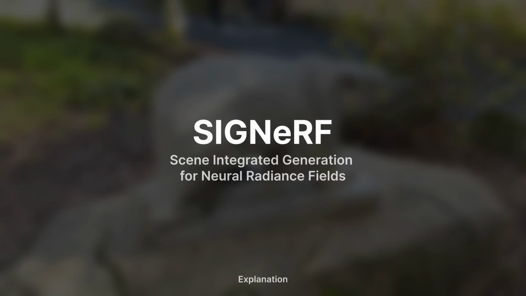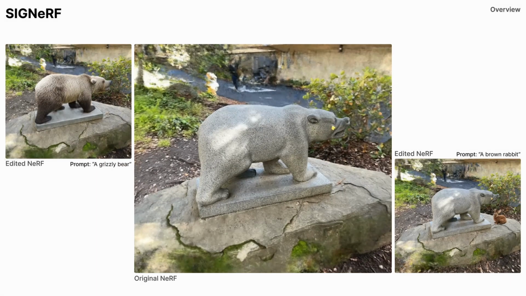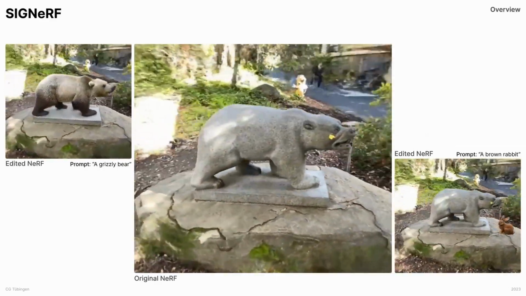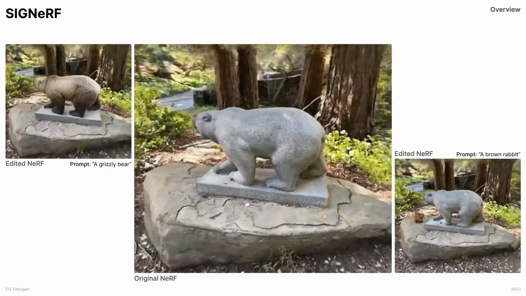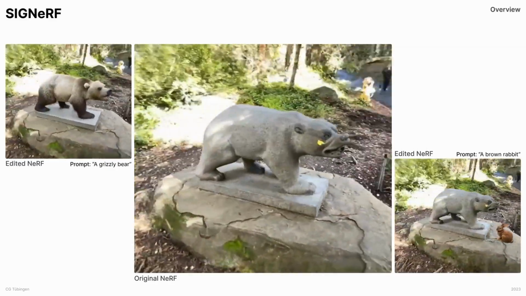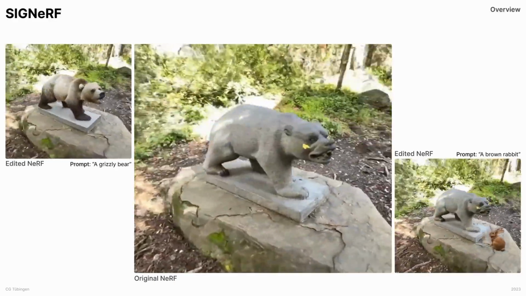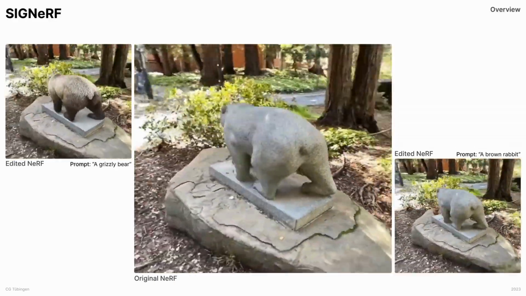We propose SIGNeRF, Scene Integrated Generation for Neural Radiance Fields. SIGNeRF allows us to edit existing NeRF scenes by either transforming already existing objects, like for example here the stone statue into a grizzly bear, or by generating entirely new objects into the scene, for example the rabbit on the